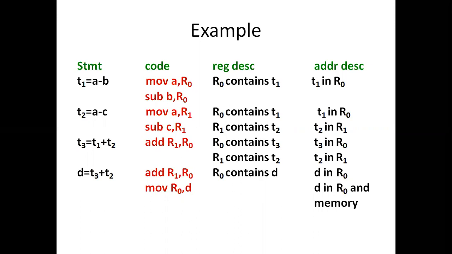Here we are not implementing or solving anything. From the three address statements, we just write the code sequence, and from the code sequence we define what the register descriptor is and what the address descriptor is. If you know how many fields the register descriptor contains, then it is very easy. It contains only two fields. The first field is always status, and the second field is the operand descriptor.